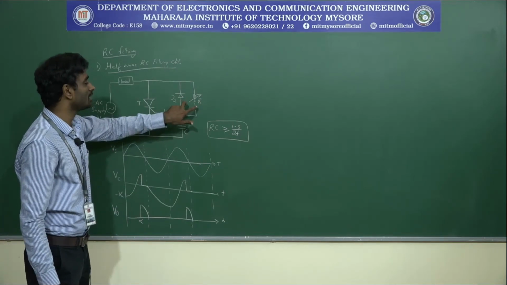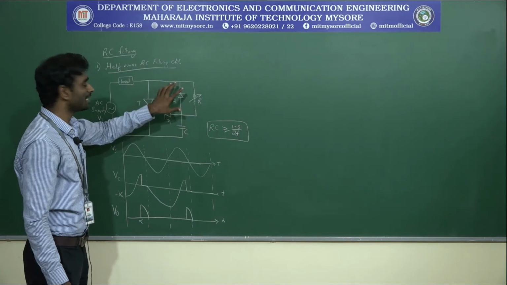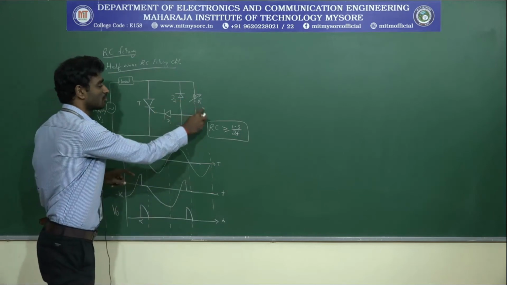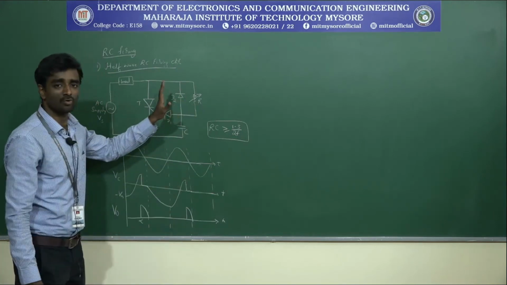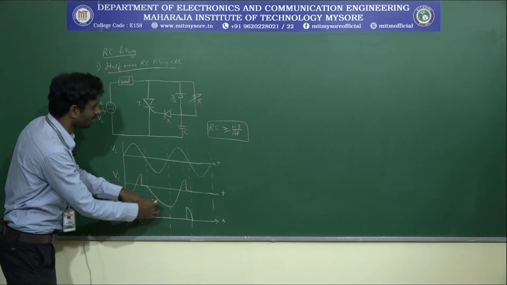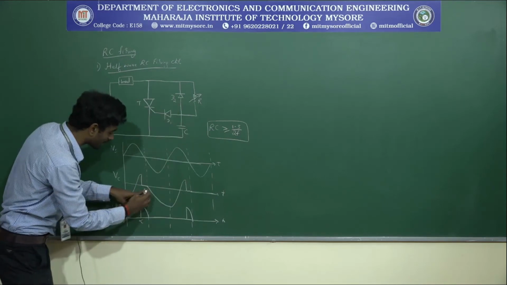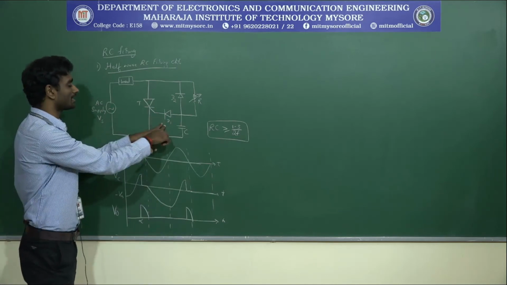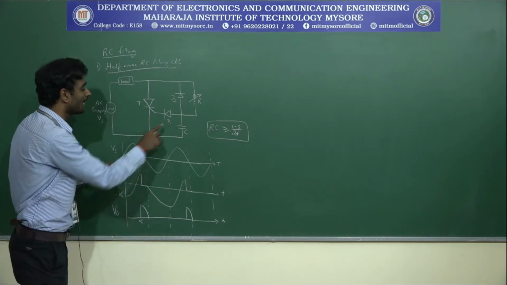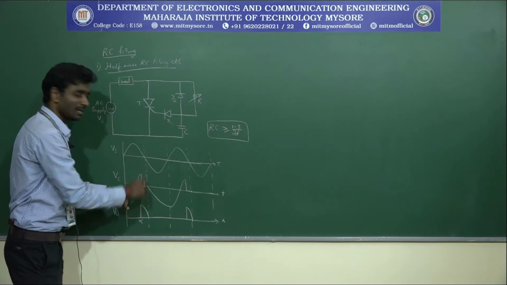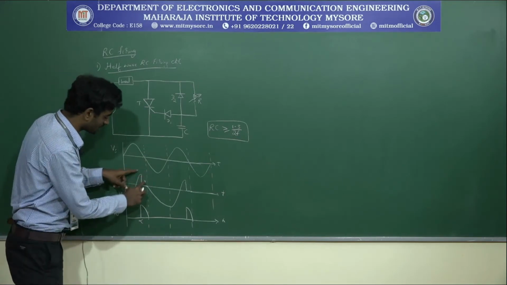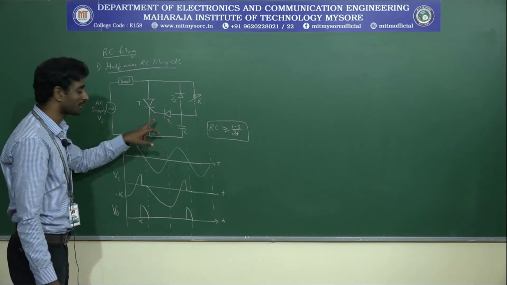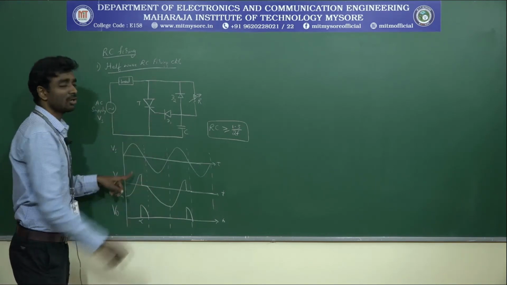This resistance will help your thyristors to not trigger at the negative cycle. So based on this D2, your capacitance will be charged only with respect to the negative cycle, and you will be having another diode, that will be the D1, where this will be charged at the positive cycle. So this will be the charge with respect to the positive cycle, where your thyristors will get turned on with respect to diode D1 here.